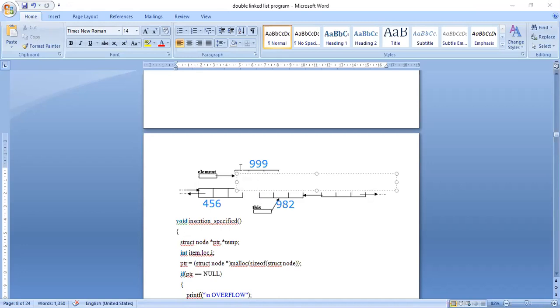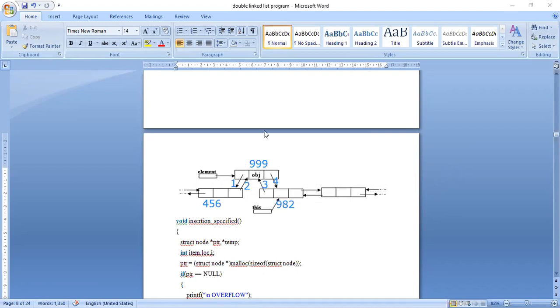1, 2, 3, 4. So these 4 links you can see here.